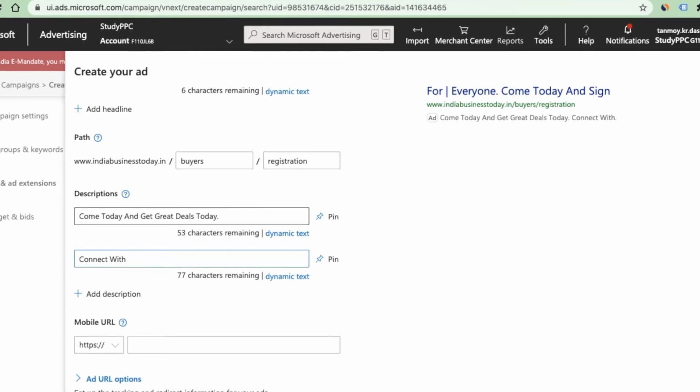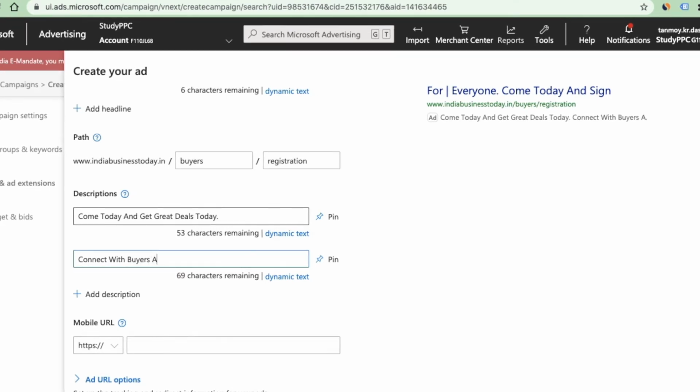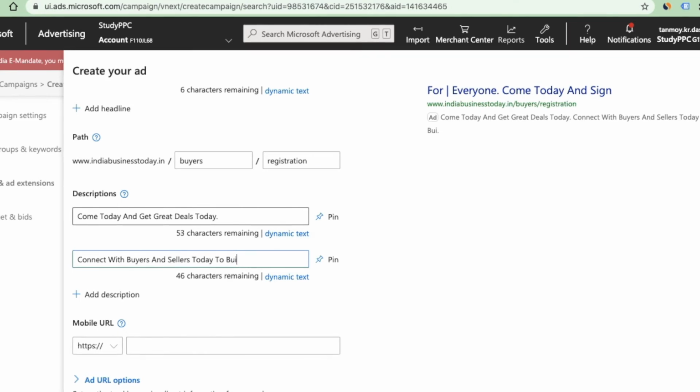So any kind of discounts, offers, promotions, coupons which you are using on your website can be mentioned in this particular section of the ad. So in this manner, you can write the whole ad.